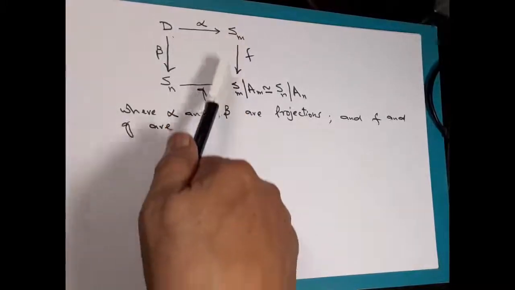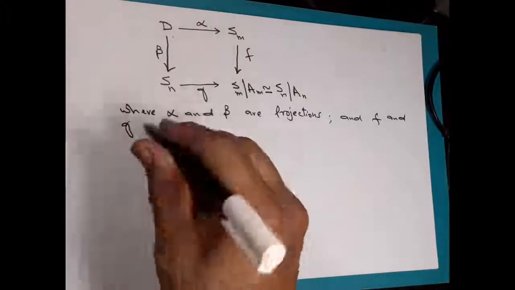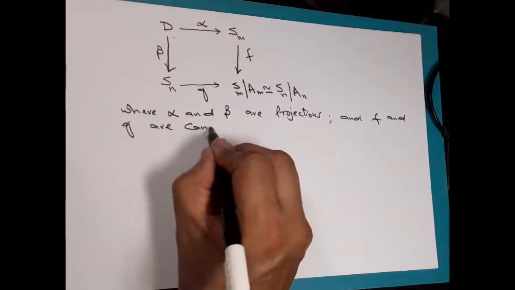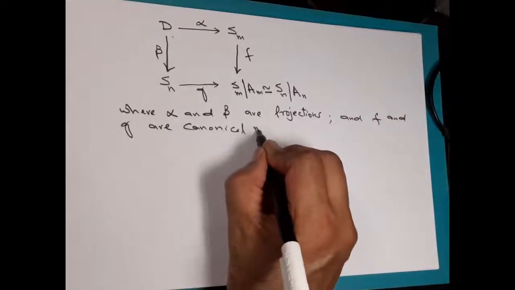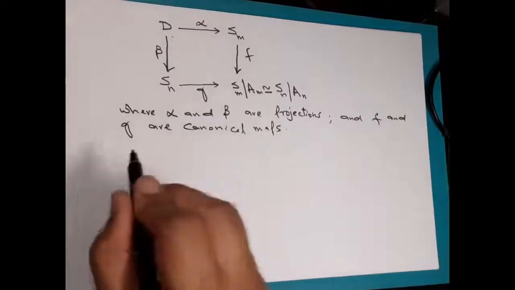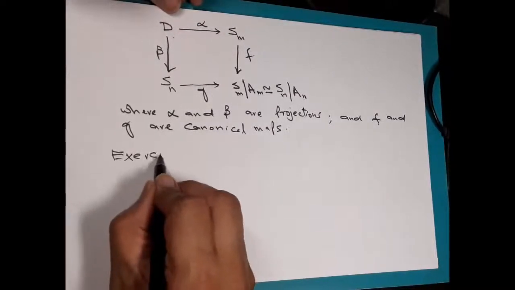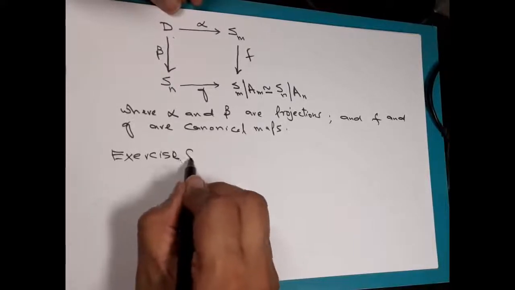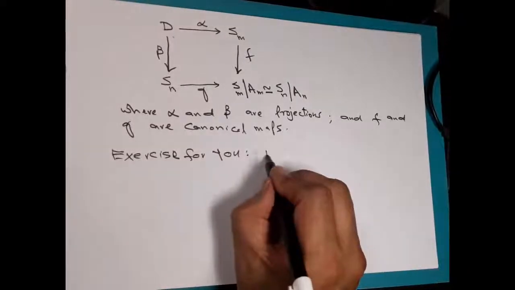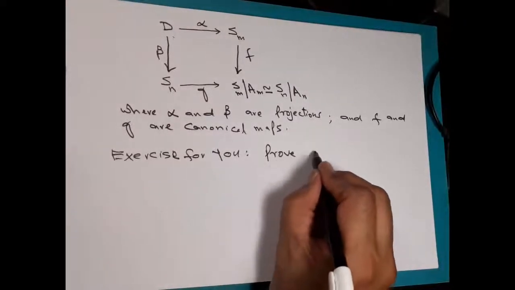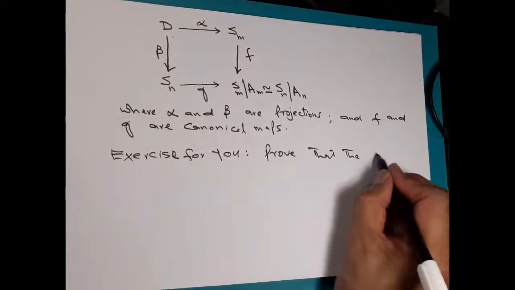This map from Sm to the quotient group, and again from Sn to the quotient group, are canonical maps. So exercise for you, prove that the above information